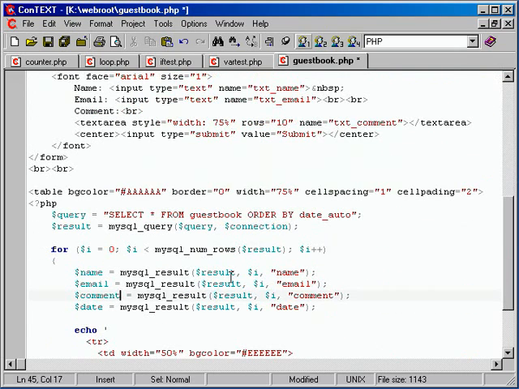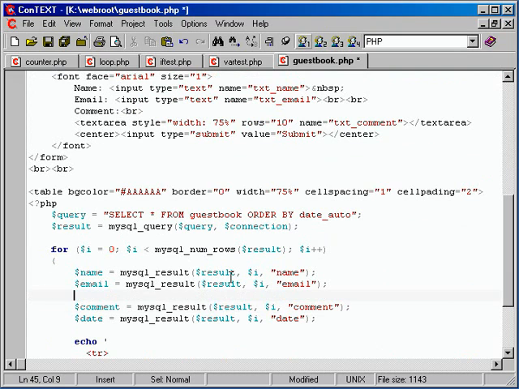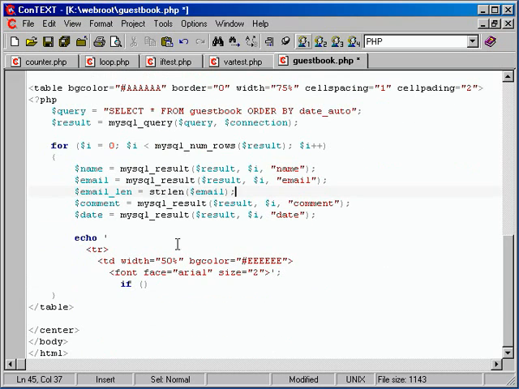So after we get the email, I'm also going to go ahead and add $email_len equals strlen, so get the length of $email. So that way we have the length. Again, we could have just run that down inside the if, but to keep it a little bit simpler, just store email len, so we always keep track of the length of the email. So if $email_len is greater than 0,